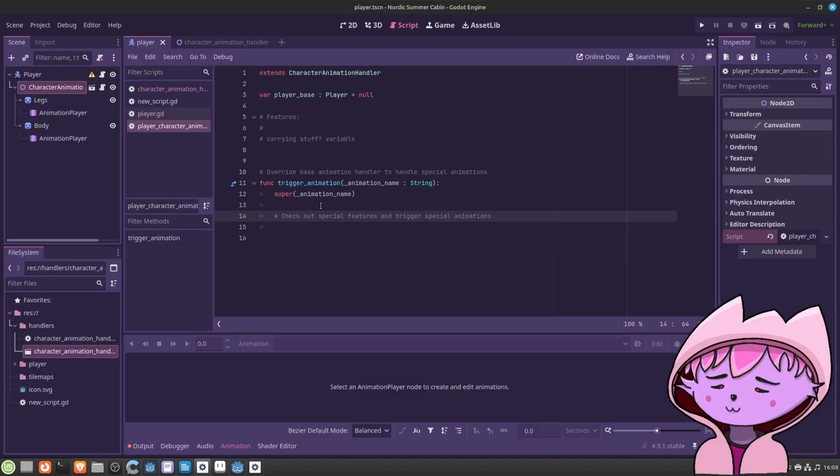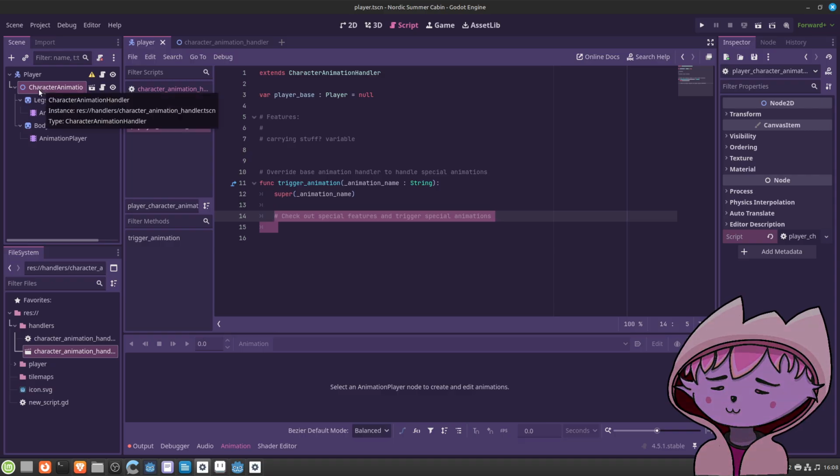Yeah, that should work. We of course need this overridden because this is the special code then for the player character animation handler.